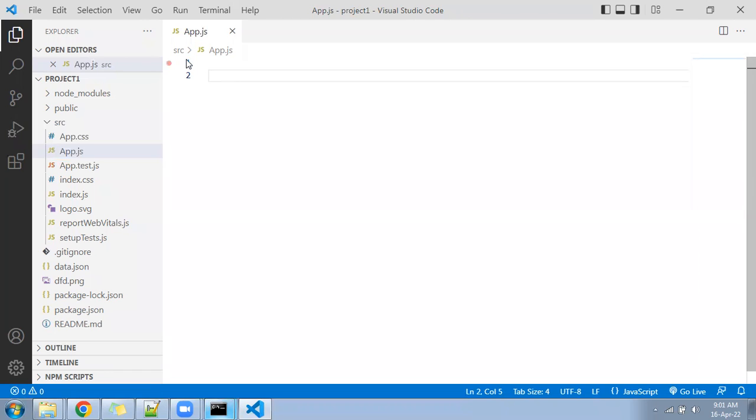After deleting A to Z from the app.js file, let's write a function